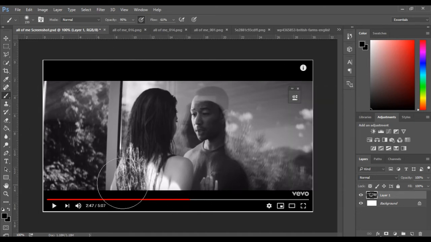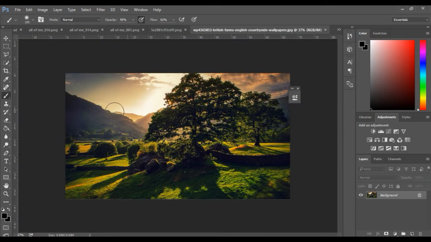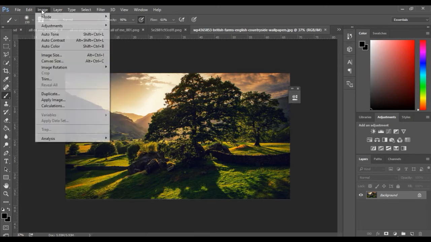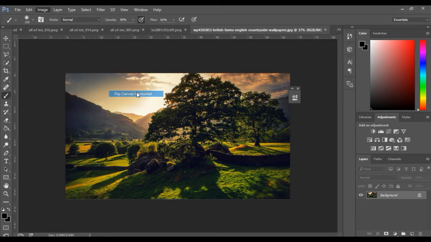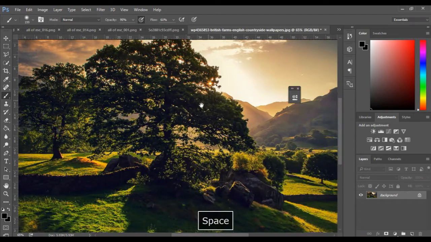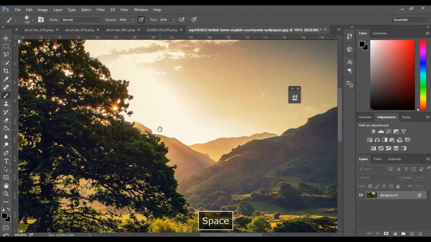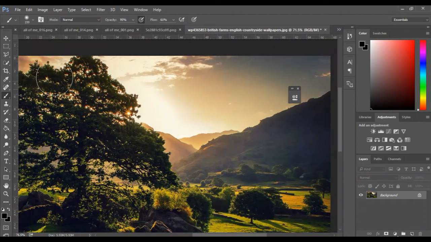Okay, so now I needed to create this reflection thing. So I'd worked on Christy, I worked on myself. This is the reflection. What I did was I flipped it, image rotation, flip horizontal, and basically I used this much of the image, and I dragged it and brought it into my main image. And then